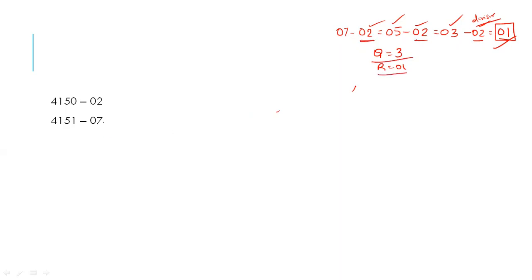In this case, I'm going to take two numbers, 2 and 7. So 7 is the dividend, 2 is the divisor. I'm storing 2 in 4150 and 7 in 4151 memory location. So we'll see the code. Initially it's LDA 4150, so the value in 4150 will be moved to the accumulator. MOV B,A: from the accumulator, the value will be moved to the B register.